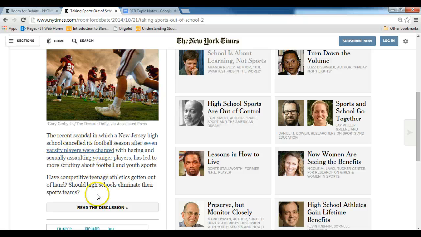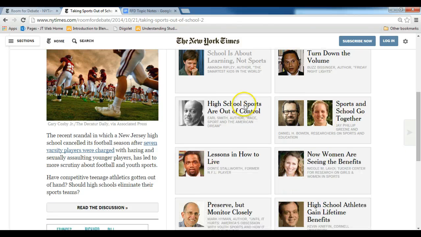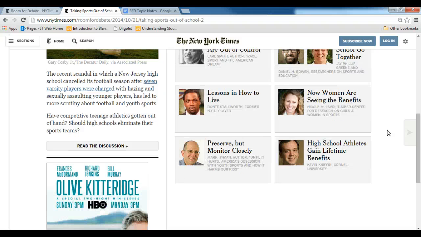This is really the section that gives you an overview. And then you want to look at the debaters. It will always tell you the title of the debate, of their article, and then who's the person and a little bit about them as an individual. That's really important for author credibility, to make sure that you're looking at the type of expert that's writing about